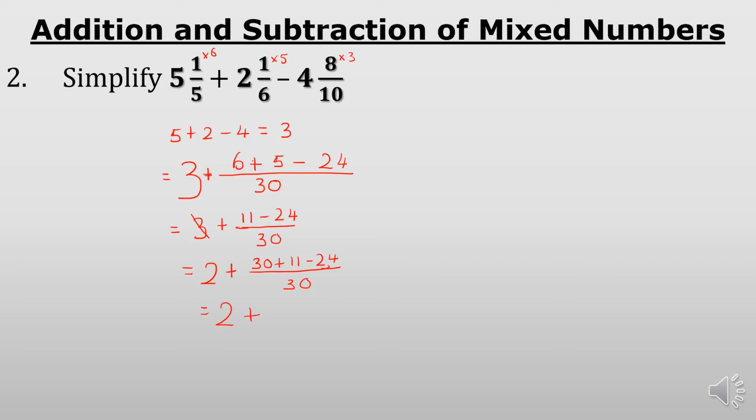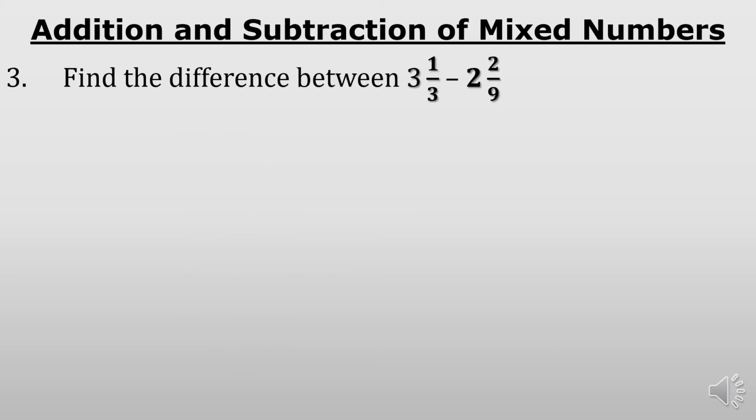Maybe we'll do that very quickly. 41 minus 24. I'll borrow from 4, left with 3. 11 minus 4, 7. 3 minus 2 is what? 1. So that will be 17 over 30. That will be 2 whole number 17 over 30. Quite easy. Third question is saying find the difference between 3 whole number 1 over 3,